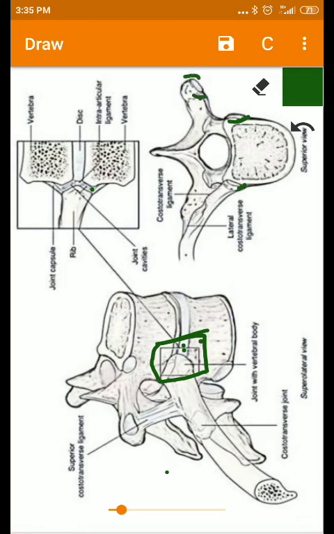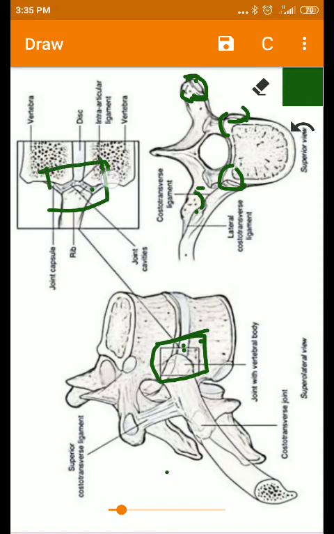other facets which articulate with the transverse processes of the thoracic vertebrae. These facets on the transverse processes will articulate with the tubercle of the rib. Okay, two facets are present on the transverse processes of the thoracic vertebrae. But in the costovertebral joints, only the facets present on the bodies of the thoracic vertebrae form the costovertebral joint. Okay, now here you can see the